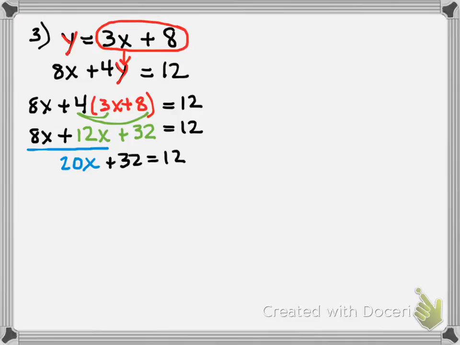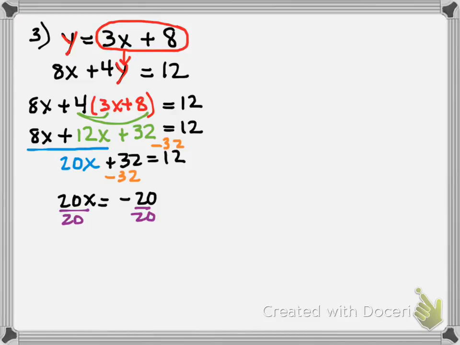Say again? Subtract. I heard 34, that's why I asked. I'm going to put it up on the top since 32 is actually bigger than 12, so when I do the subtraction, it makes more sense. So I'm left with 20x equals, signs are different, bigger number is negative, 32 take away 12 is 20. All right. The last step to get rid of multiplying by 20 would be to divide by 20